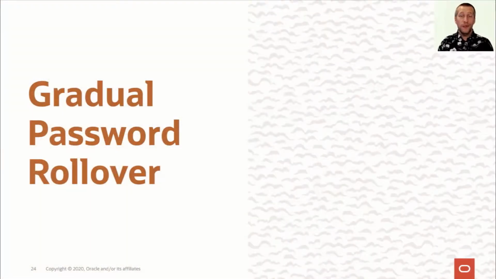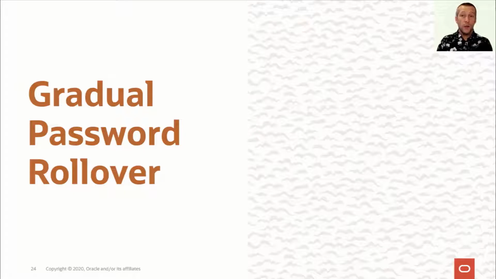Gradual password rollover. This is a little handy feature that's coming in 21. What it basically does is that it allows a user to have two passwords at the same time. So this can be very handy if you have an application that connects to the database with a username and